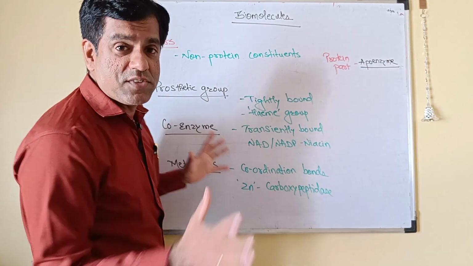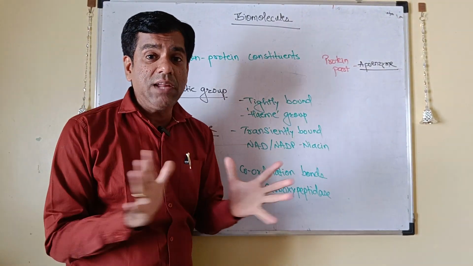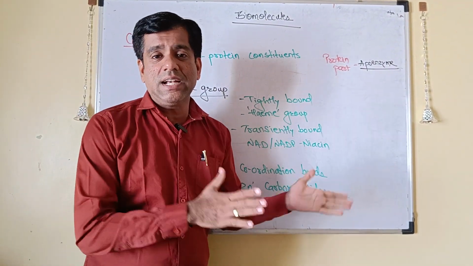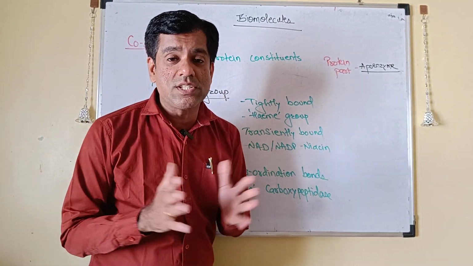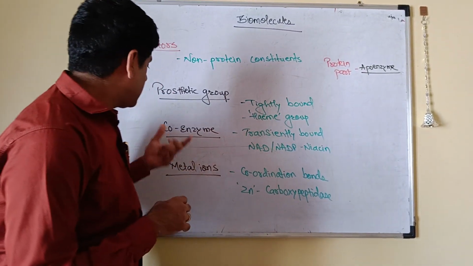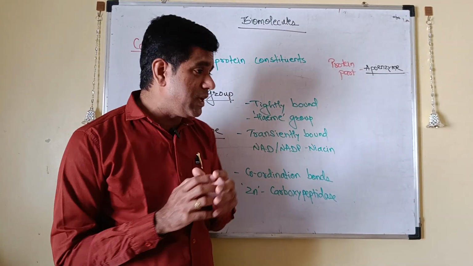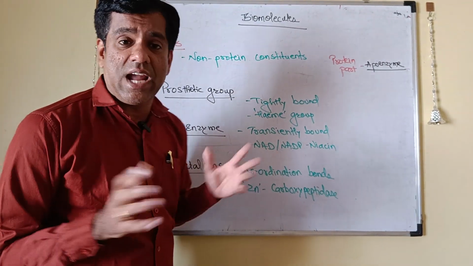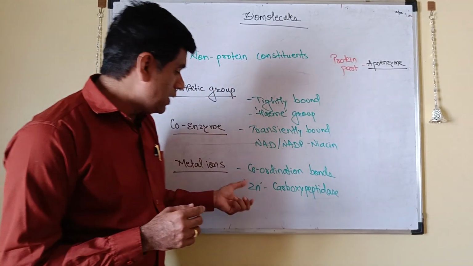To give a brief summary, the cofactors are the non-protein constituents. If they are tightly bound to the surface of the enzyme, it is a prosthetic group. Example is the heme group in catalase and peroxidase, which catalyze the breakdown of hydrogen peroxide to form water and oxygen. The coenzyme is transiently bound, an organic molecule, mostly a vitamin. Example is niacin, in the form of NAD and NADP in dehydrogenases. Then we have metal ions forming coordination bonds. Example is zinc in